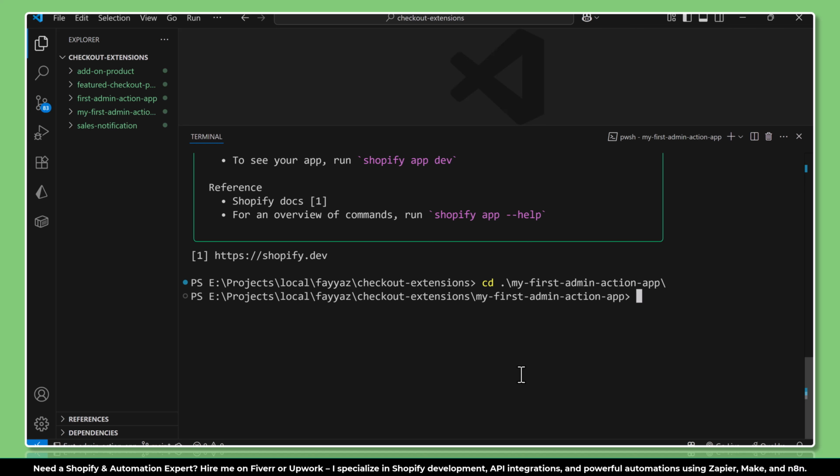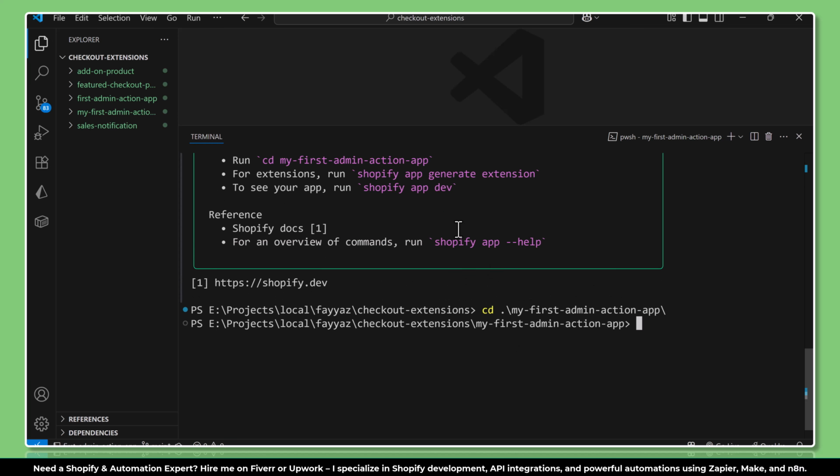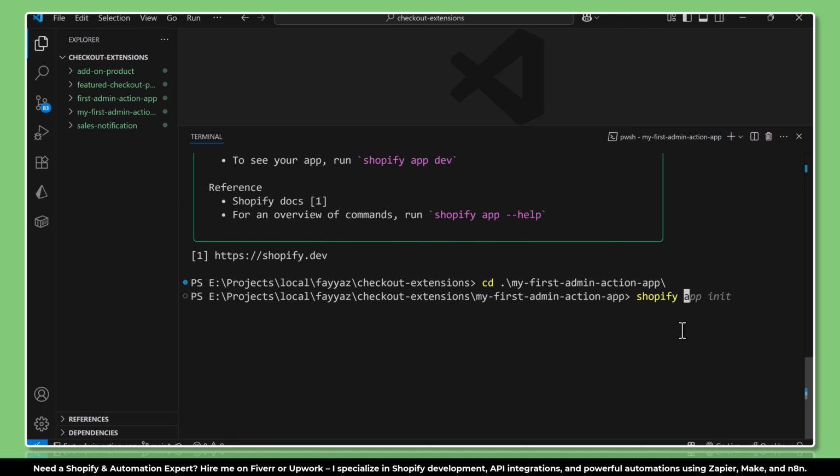Hit enter. Now I am inside my first admin action app directory, and this time I'm going to run shopify app generate extension. So you will type shopify app generate extension, and now we will be able to install the